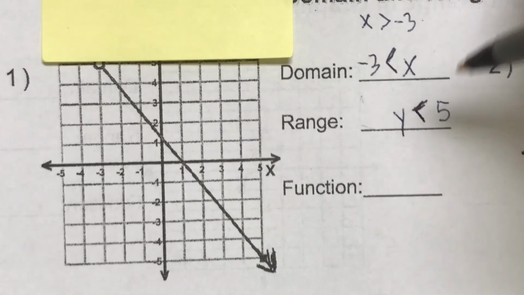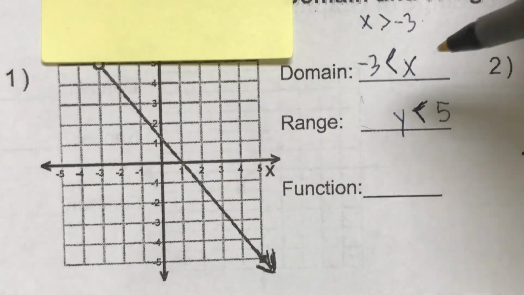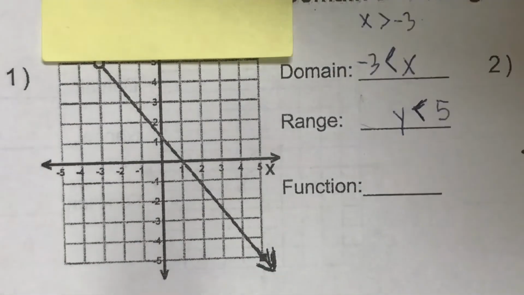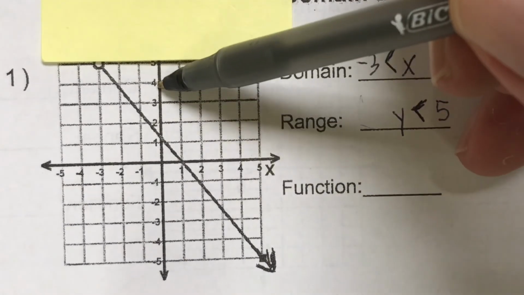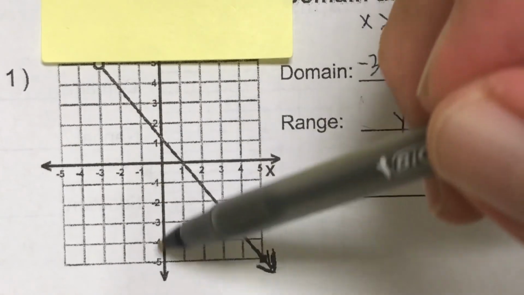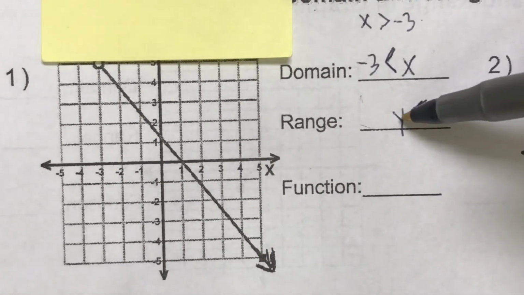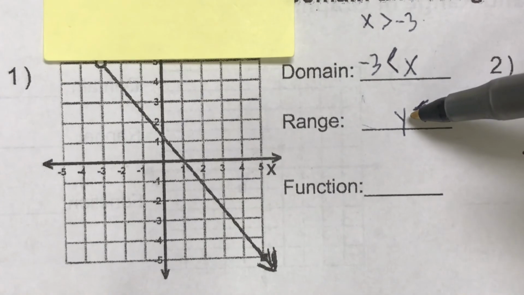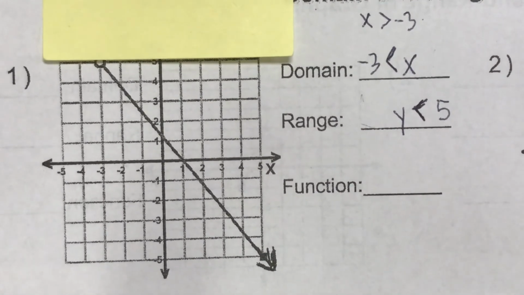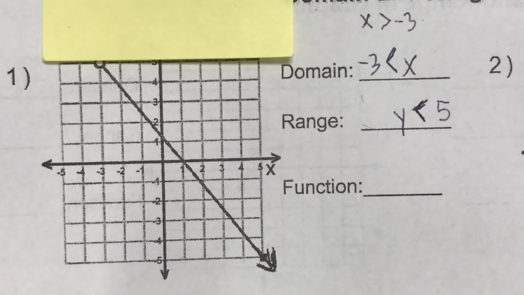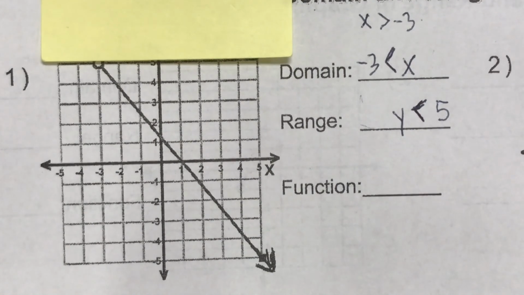And this would be my range now. Just y is less than 5. So any number that's smaller than 5, and you can see all the numbers are going down, 4, 3, 2, 1, 0, negatives. Any number that's smaller than 5 would be in the range. So remember,